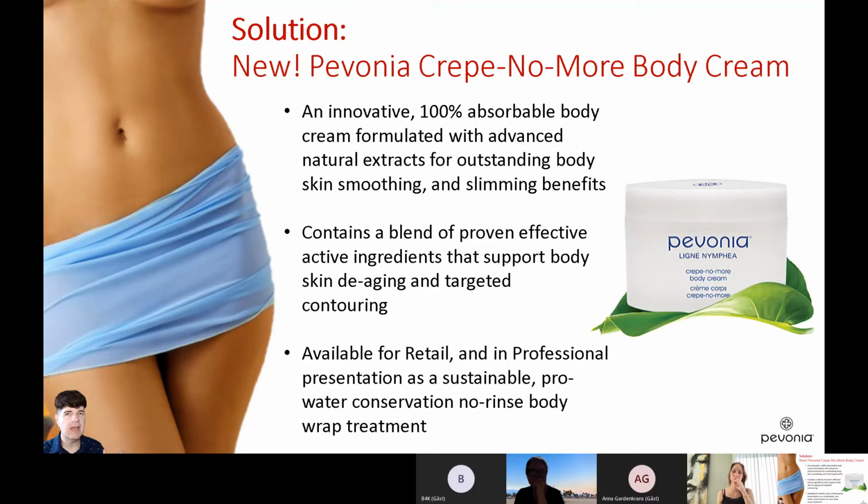So it's kind of like a continued regimen from the professional treatment that you offer at the spa. Now, even if they don't come to the spa for any reason, they can still purchase this product and then use it at home under your instructions, so they can actually get benefits. And whenever they want to boost treatment, they can come to the spa and get the no rinse wrap, which